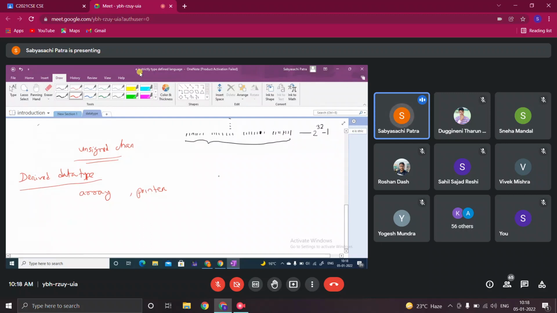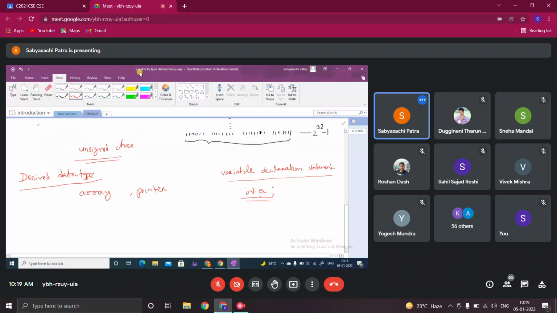So array means, if you take a variable declaration statement, before using a variable in a program, you need to declare the variable. Let's say I want to declare a variable of type integer.